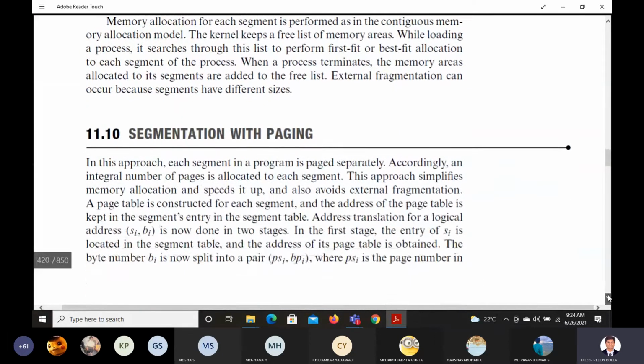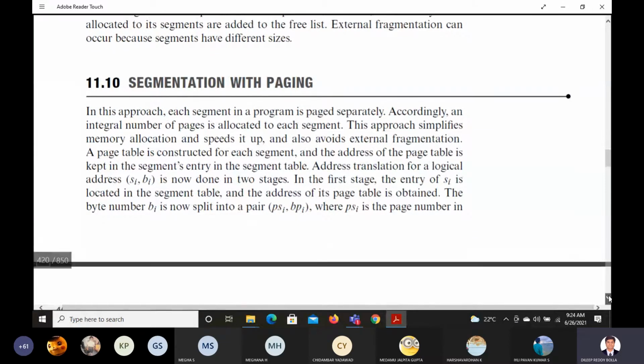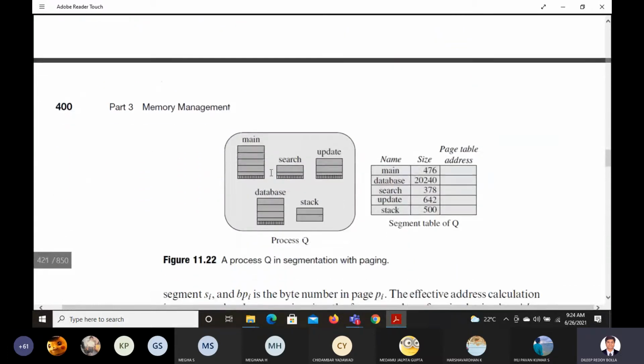So segmentation with paging. This is the best approach compared to segmentation and paging alone. Combining segmentation and paging will give you better results. So they have combined here. You see, before only the main block was there. Now in the main block again they made sections, partitions. Let us say this all is the EC block. Again in the EC block, we have a separate block for first year, separate for second year, separate for third year, separate for fourth year. Let us say we have a 4-floor building. The first floor is for first year, second floor for second year, third floor for third year, fourth floor for fourth year. Like that we can divide. That will be a better approach. We can use the benefits of paging and the benefits of segmentation. So this is the segmentation with paging concept.